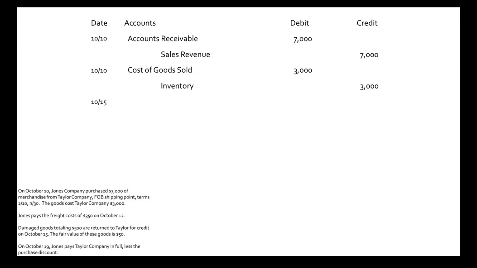The first one is going to be dealing with this $500 amount, right? The amount that we are crediting Jones Company, the amount that these damaged goods totaled. So the way that we're going to record this is debiting an account called Sales Returns and Allowances. It's a contra revenue account, so it goes against your sales revenue. So we debit sales returns and allowances for the $500 amount. And then we credit accounts receivable, because we need to show that the accounts receivable is decreasing because Jones Company doesn't owe us this money anymore.